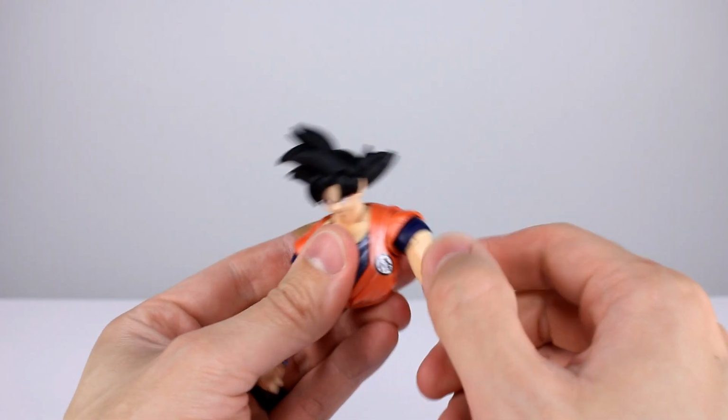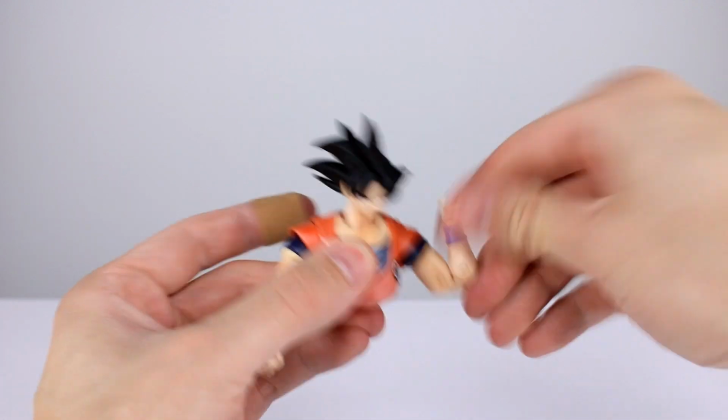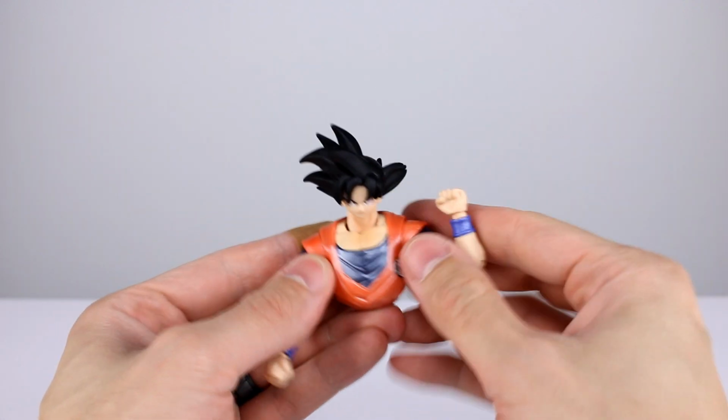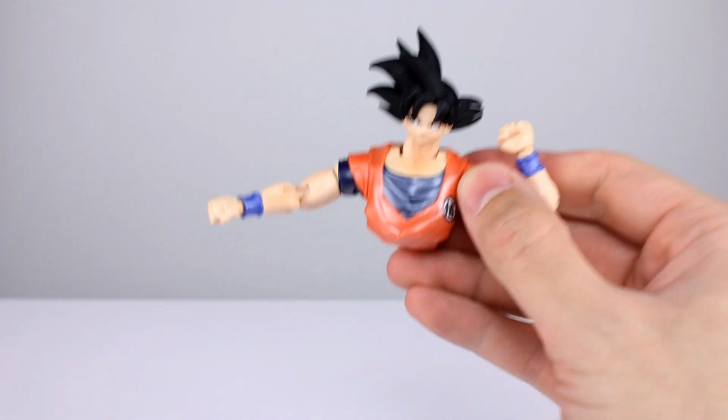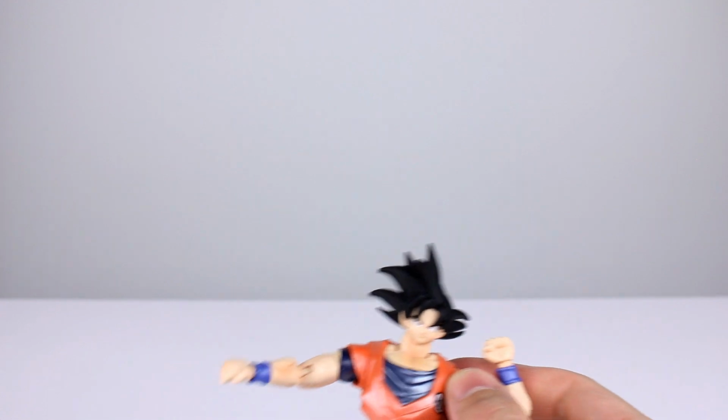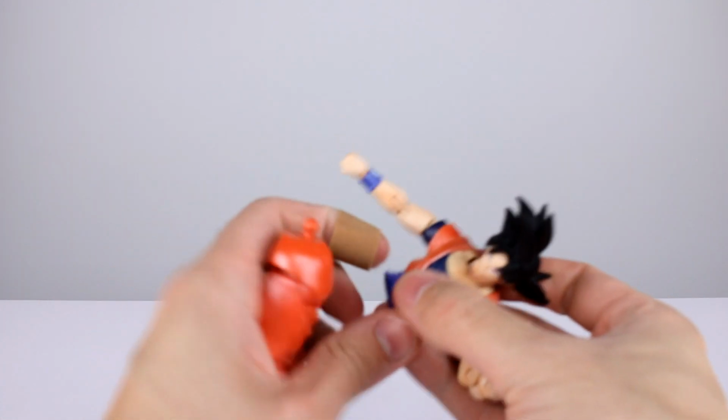It's very well done. You do get your bicep swivel, double jointed elbow works fine, ball hinge wrist, that's all good. Now the torso did pop apart. I was kind of pushing really hard on that to get that to rotate. Let me put it back together and show you how it works, because this is one of the better ones